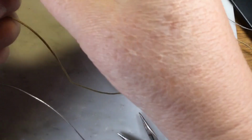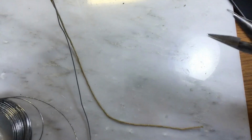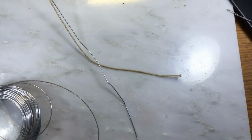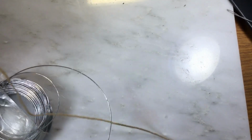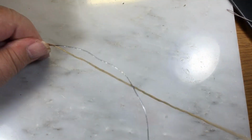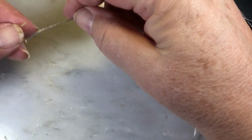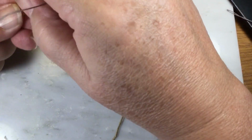It's just an inexpensive wire that's strong. I don't even know what the gauge is. I don't even think it came with packaging. I think it's for tying things in the garden, like a gardening wire, making sure your vegetables are staked or properly attached to their stakes. But anyways,